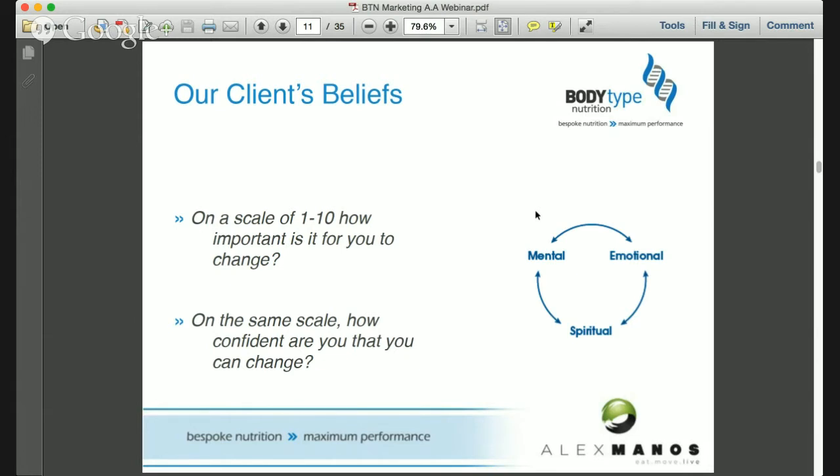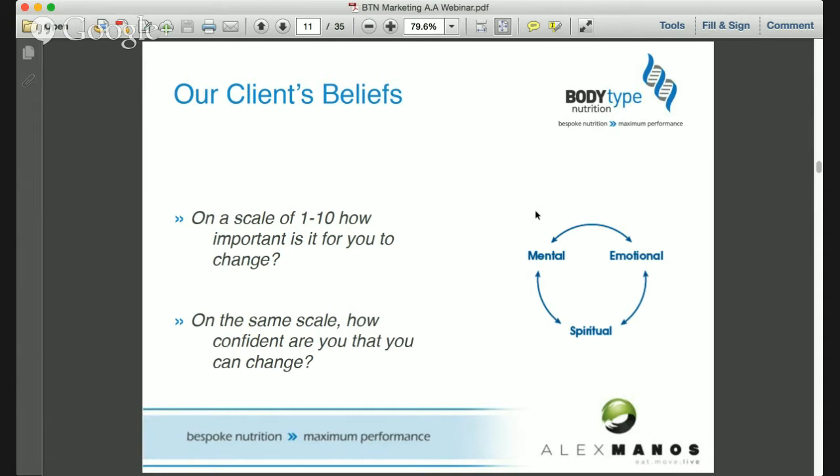So let's say someone is a 2, you could ask them why they aren't a 1, so we can get some what we call change talk going on here. So what are they doing already which is giving them some confidence that they can change? You could ask them what needs to happen for them to become a 3 or a 4. I.e. giving them an opportunity to reflect on this situation and actually think what needs to happen for them to